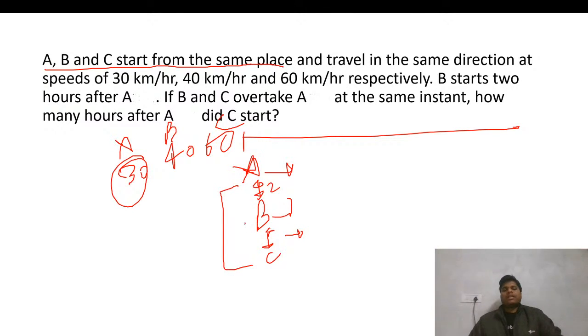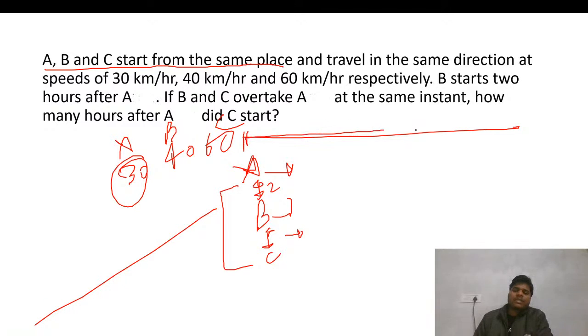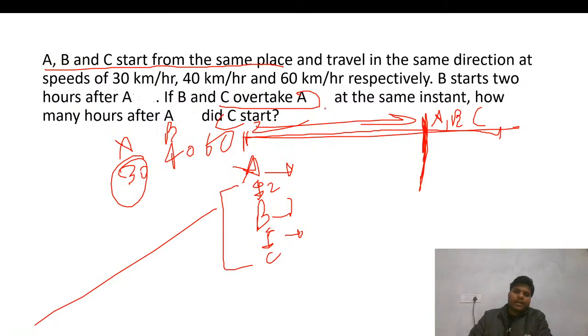Now just see these two things. Distance is constant, this is clear first. C overtakes A, that means they are meeting at some point, A, B, C. So this distance becomes constant for everyone. Now check if your speed is in HP or AP. Here you can see speed is in HP. Just check 40 and